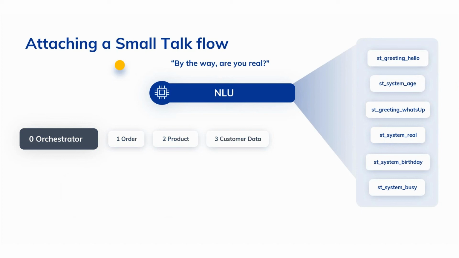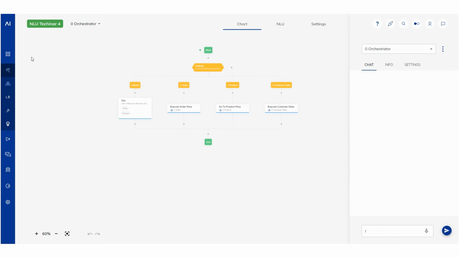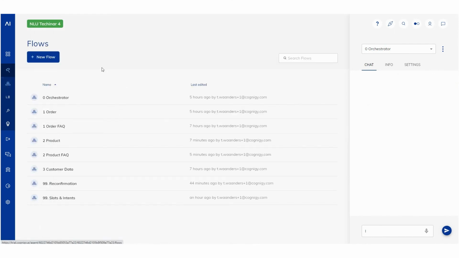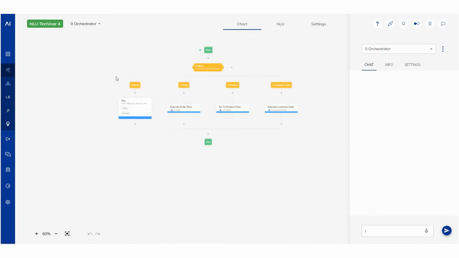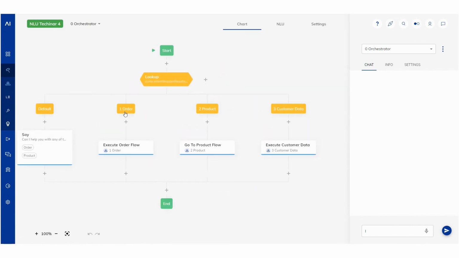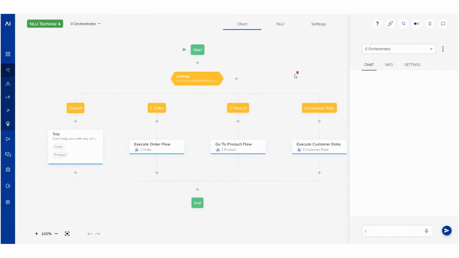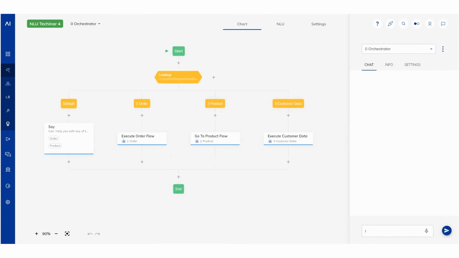Let's have a quick look at this in Cognigy itself. We see that we actually have a number of flows here, and I recreated this example in Cognigy. So we have the orchestrator flow. The orchestrator flow has the order, product, and customer data cases. I did not include all of them. What happens if I enter the sentence, what is the status of my